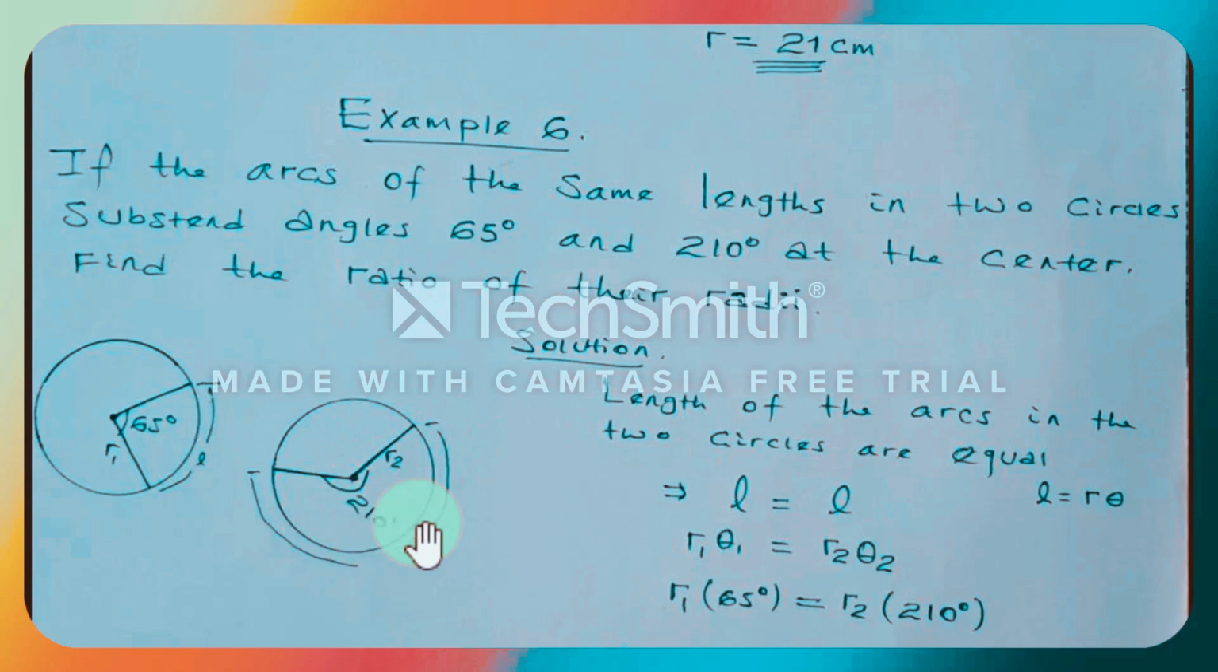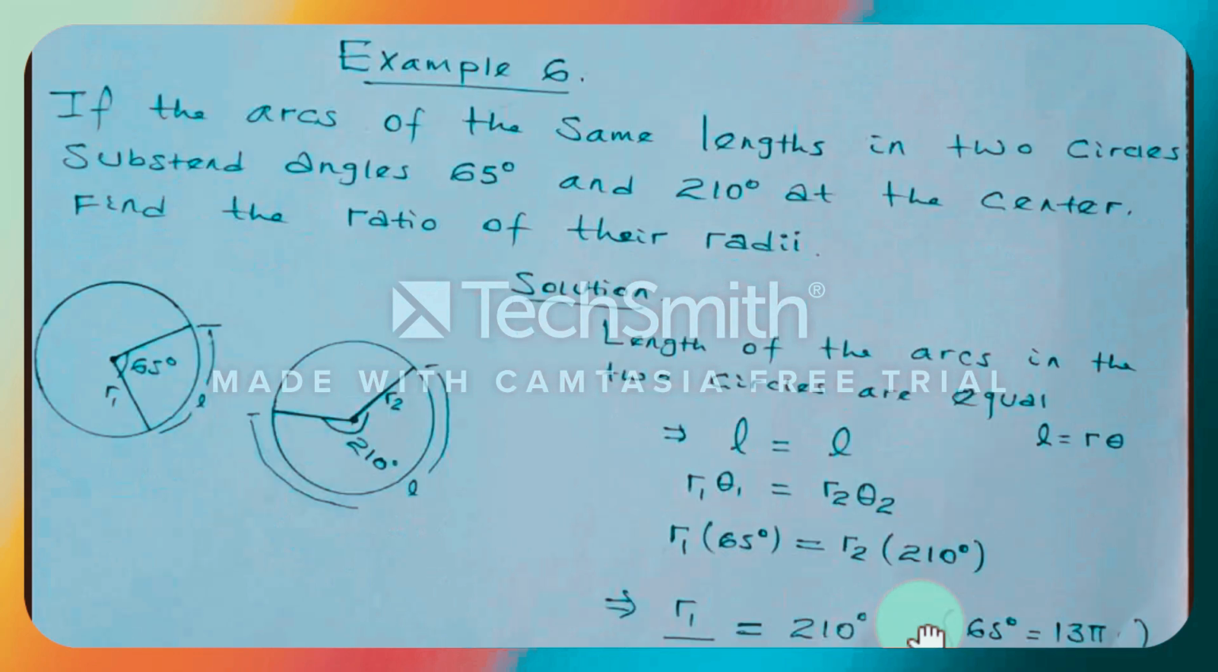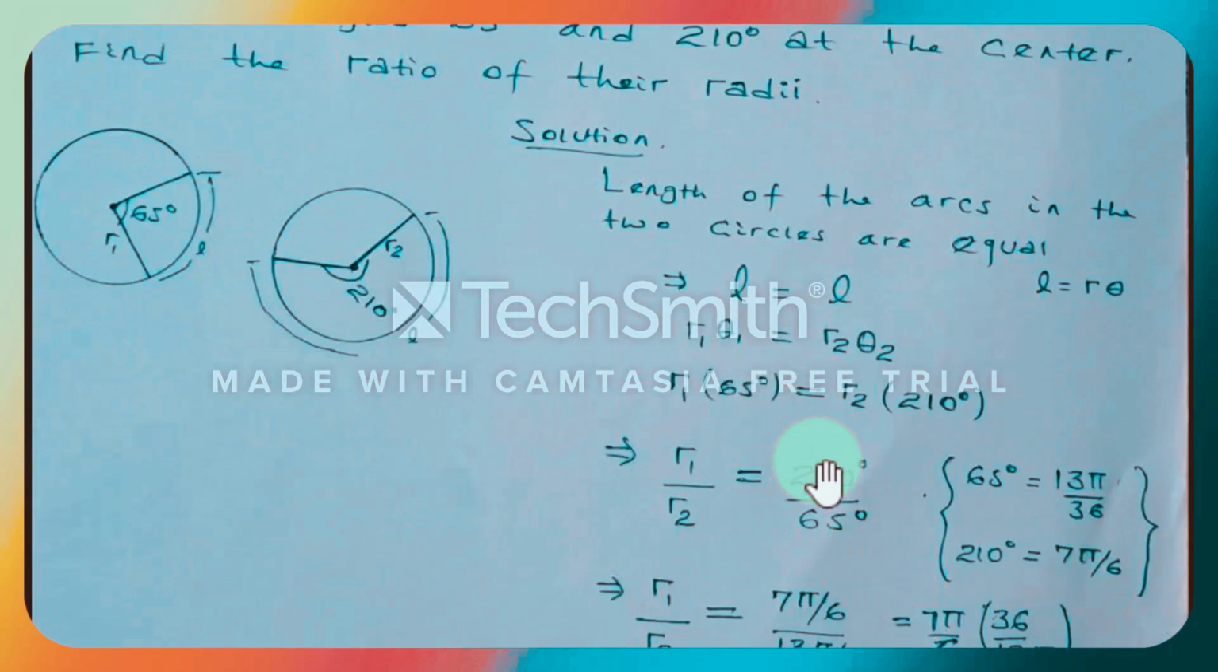አንግሉ ይሄ ሴንትራል አንግሉ በዲግሪ ሳይሆን በራዲያን ሜጀር ነው መሰጠት ያለበት። እዚህ ግን በዲግሪ ስለተሰጠ ሁለቱንም እንቀይራለን ማለት ነው። ስለዚህ ስንቀይር ምን ይሆናል? ስንቀይር የአር1 ኦቨር አር2 የሬዲየሳቸው ሬሽዮ 210 ዲግሪ ሲካፈል ለ65 ዲግሪ ይሆናል። ግን 65 ዲግሪ ወደ ራዲያን ሲቀየር ይሄ ይሆናል። ቀይረን እናየው 13 ፓይ 36ኛ 210 ዲግሪ ሲቀየር 7 ፓይ 6ኛ ይሆናል። ስለዚህ ይሄን ሰብስቲዩት የምናደርገው ኦልዌይስ በራዲያን ሜጀር ነው ቴታ መወሰድ የሚችለው።